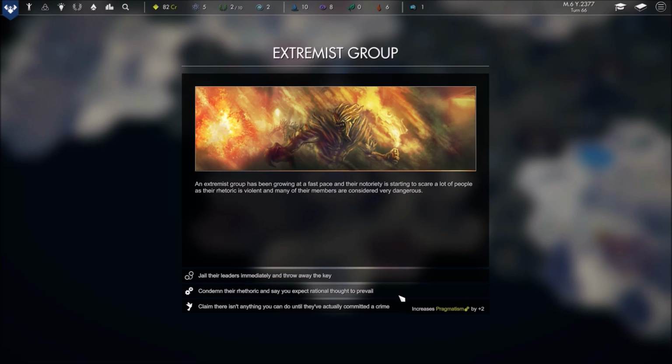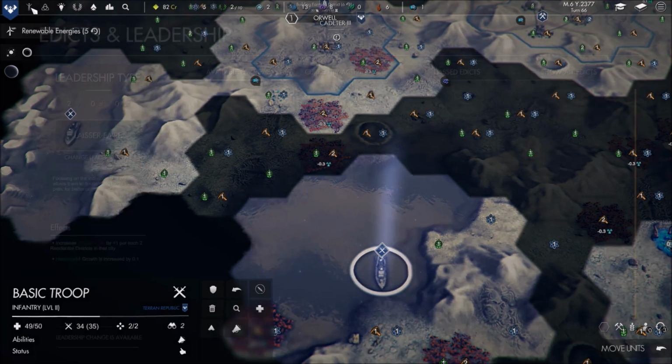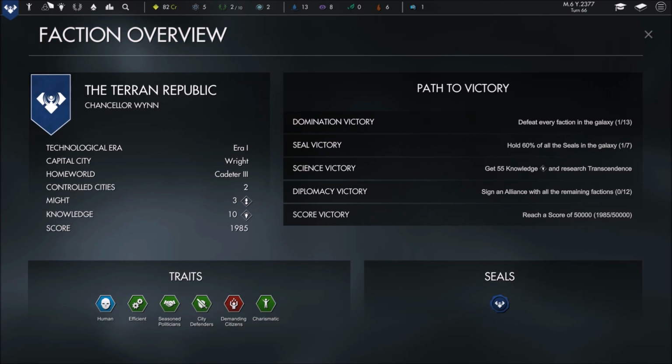I think we wanted pragmatism, right? I think there was a reason for that. So let's condemn it. Say it. You know what? I expect you to be rational, you people. Okay, so we have gained, which means we are now, it's over here now,